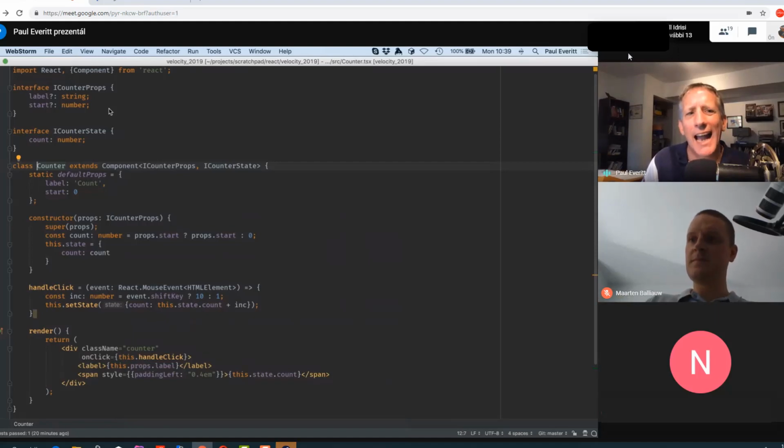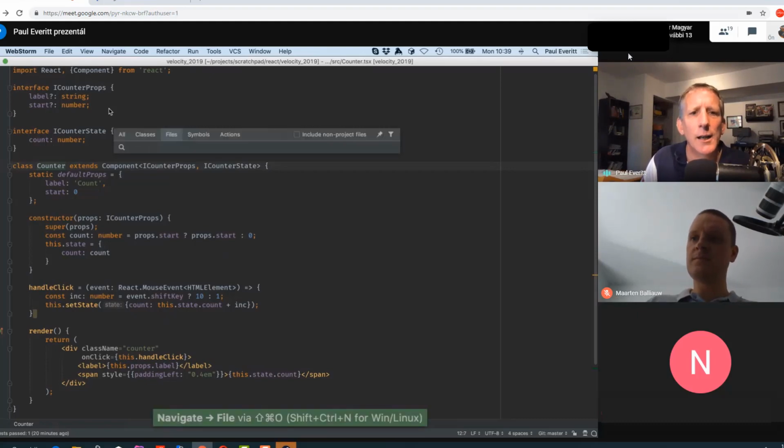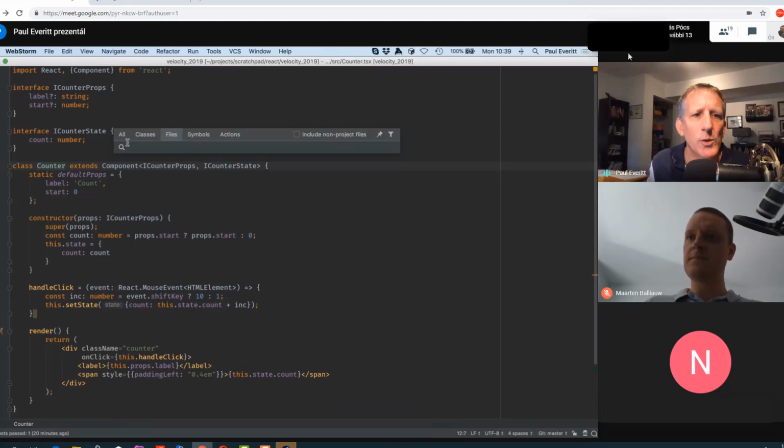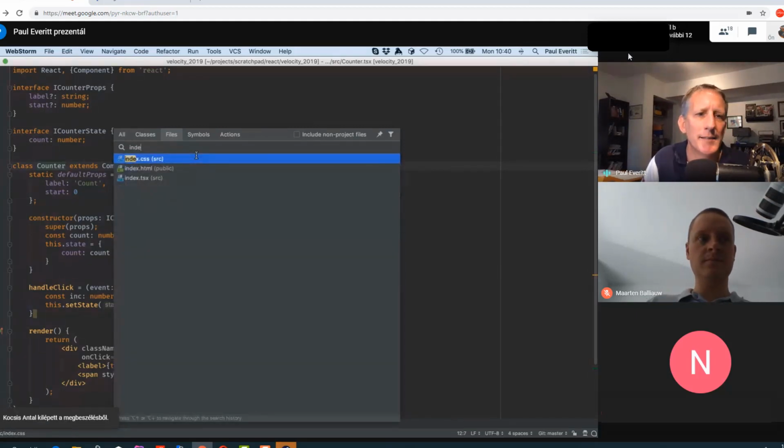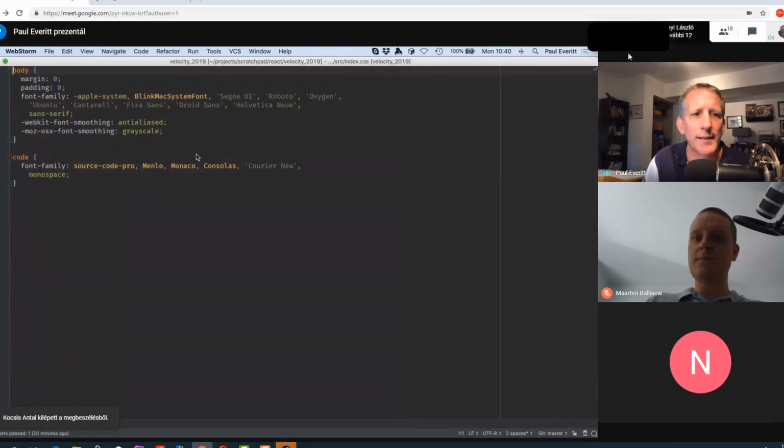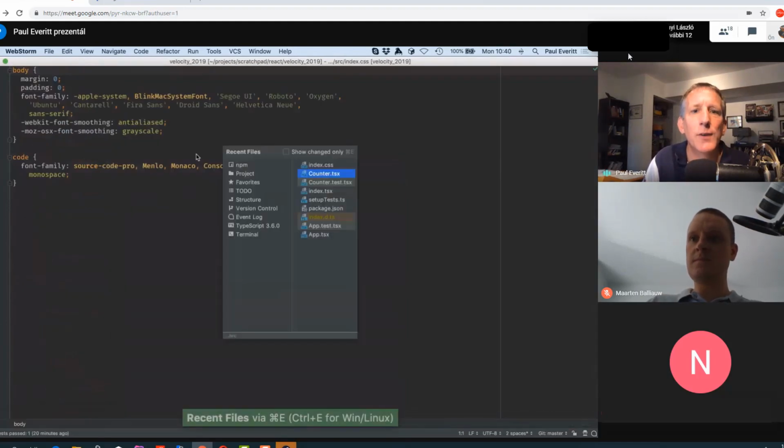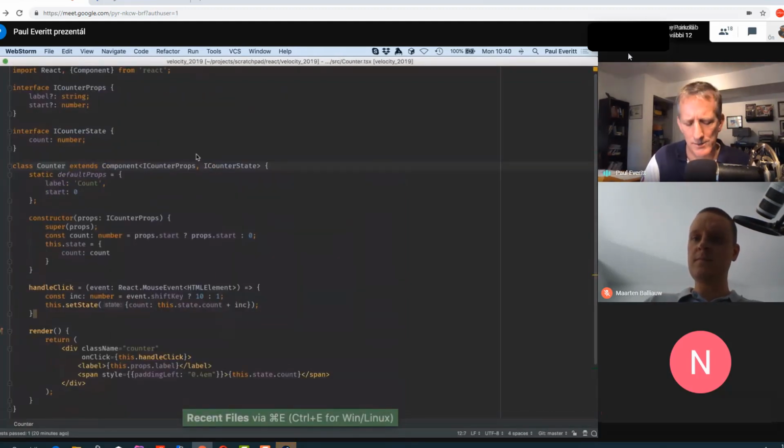If there is actually a file that I need to get to, I can navigate by file. This dialog that comes up, when Maarten showed it, he showed it with all using search or shift. All these tabs have different shortcuts for it. So I could type index.css and jump directly to that file if I want to think in terms of files.